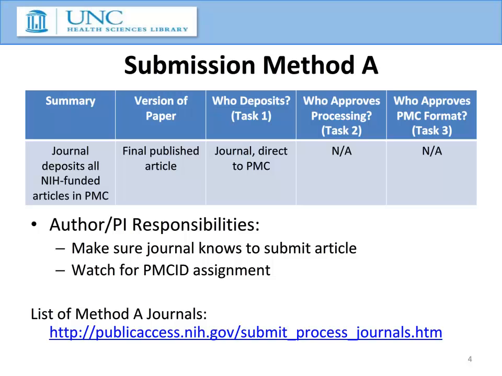In submission method A, the journal will do all of the work for you. The journal will submit their formatted version of the article directly to PMC. If you are lucky enough to be publishing in a Method A journal, all the PI or author needs to do is to make sure that the journal submits the article and follow up and make sure the PMC ID gets assigned. It is always the PI's responsibility to comply with the policy, so even if the journal says they will do the submission, if they do not submit or are late, it is the PI who will be held